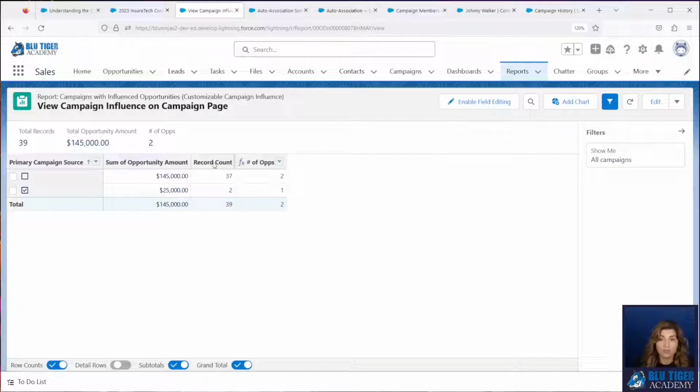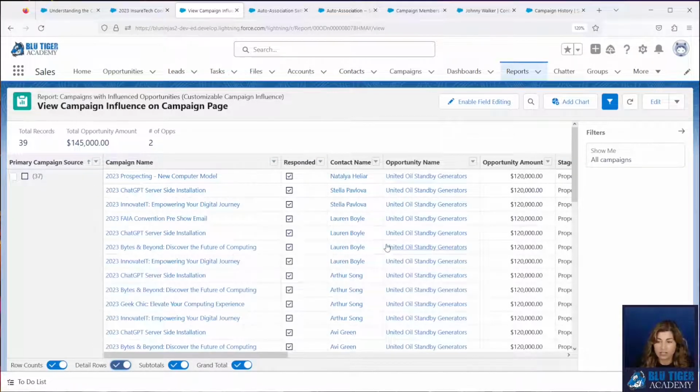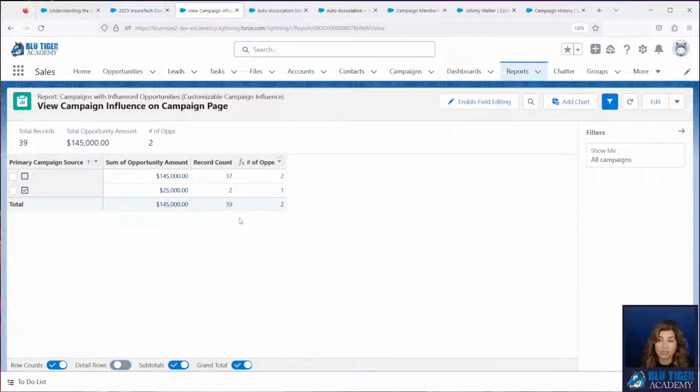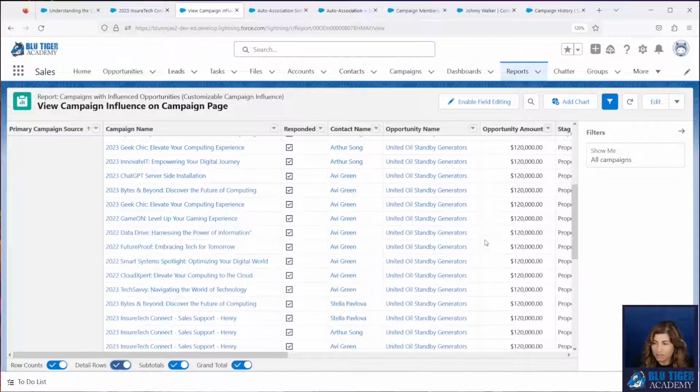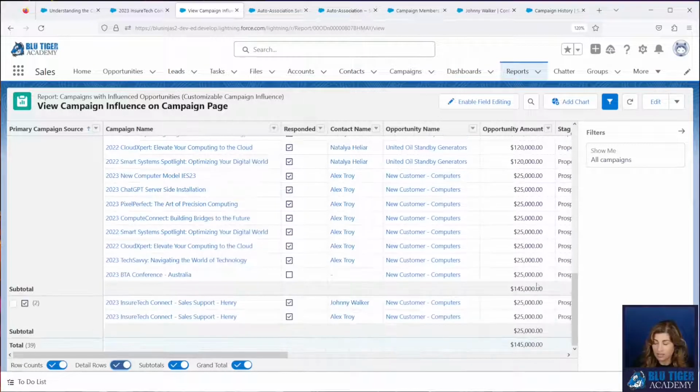So there will be one campaign influence record for each contact for each opportunity. We can see here, for each campaign, that some contacts are showing 4 times in the same op. So using record count to count the number of opportunities is going to be severely inflated. Now, another thing I want to show you is that we can see the opportunity amount is not inflated.